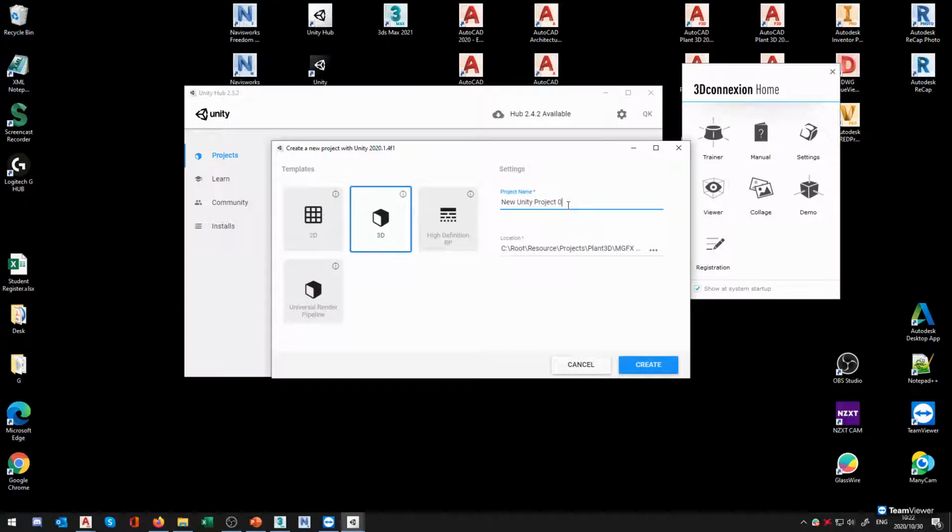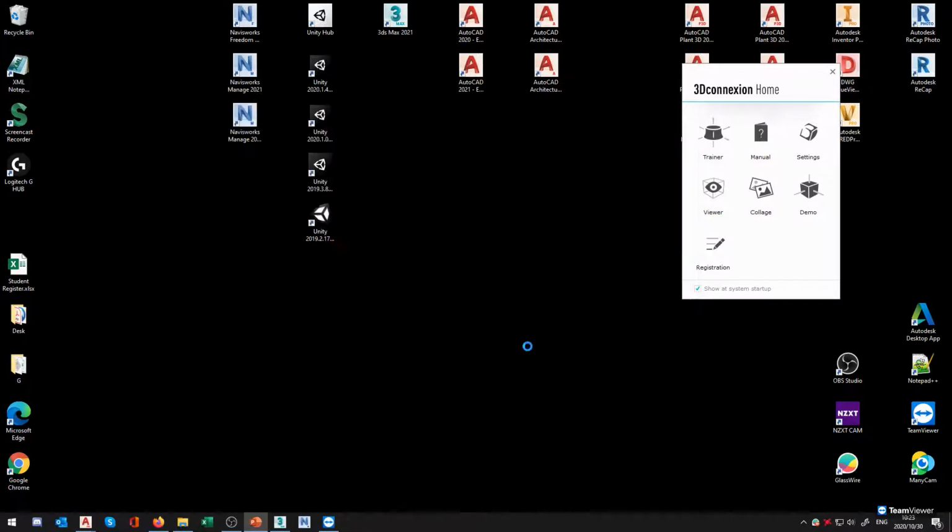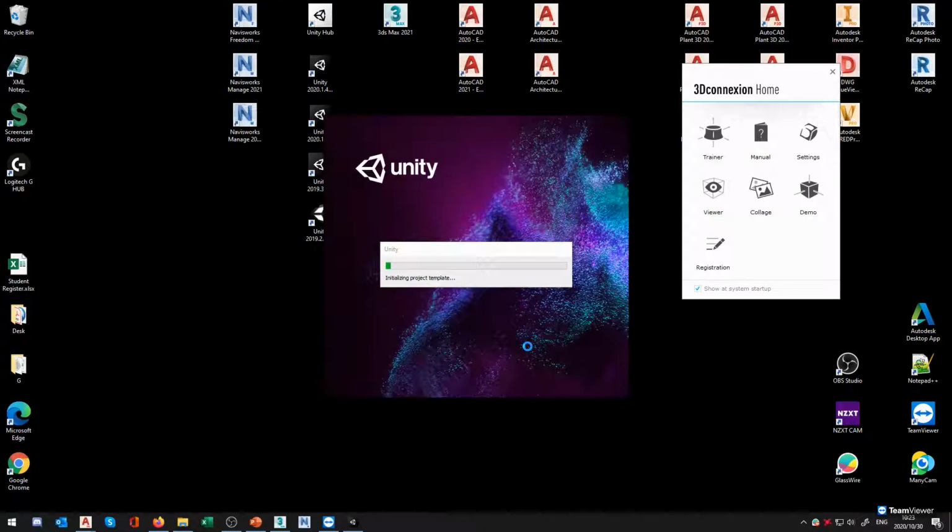I know I'm being very inventive here with my naming structure. Just check my naming and where the location is. Yep, that looks good. It's the same location as my current project. This could be anywhere on your drive, and go create. So now what I basically have done here is I've created the project that my model is going to be sitting in. So just remember, Unity is a game development engine, and all we're doing is we're taking our lovely